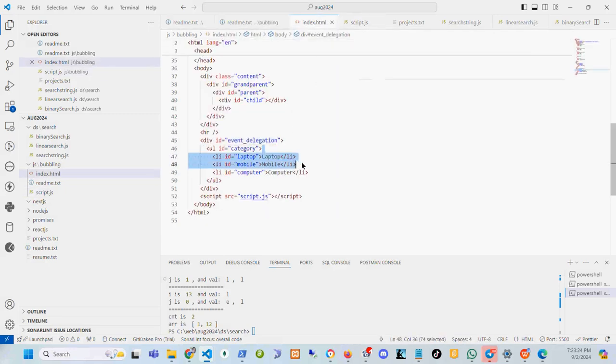So now we have 3 categories. I have to write event delegation for all these 3 categories. Maybe there may be 100 categories. So writing the event delegation for all the small child elements, it is better if we only put the event